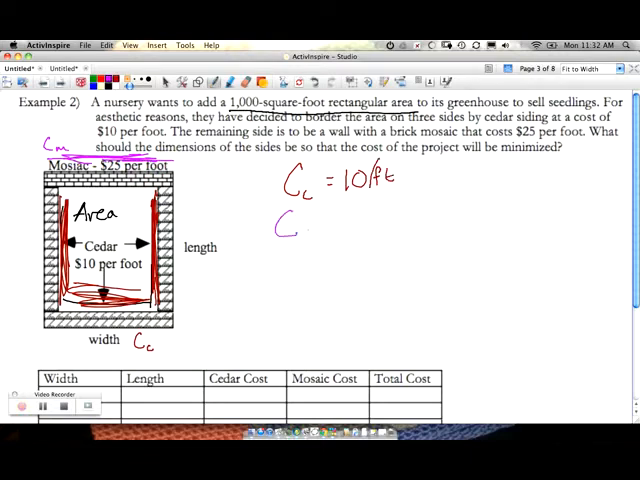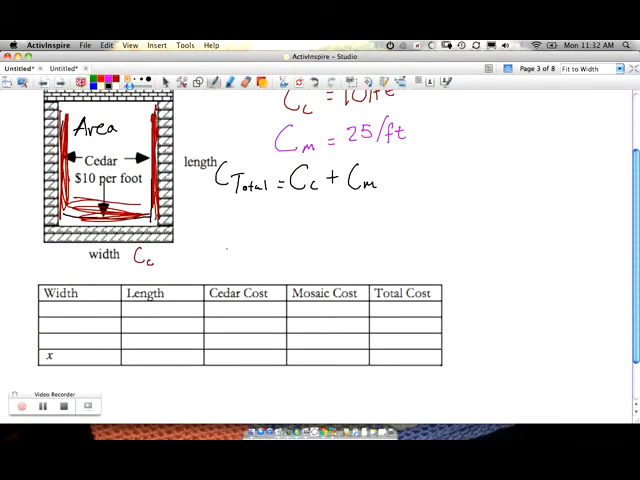And the cost of the mosaic equals $25 per foot. Now when we add that together, the total cost is going to be the cost of the cedar plus the cost of the mosaic. And that's what we want to minimize. Now let's go ahead and plug in some numbers here, see if we can come up with some values for